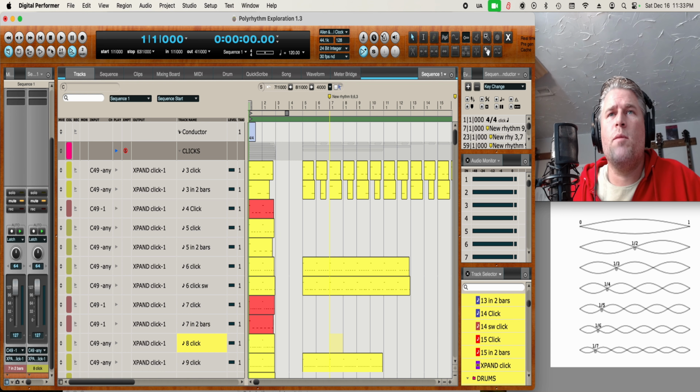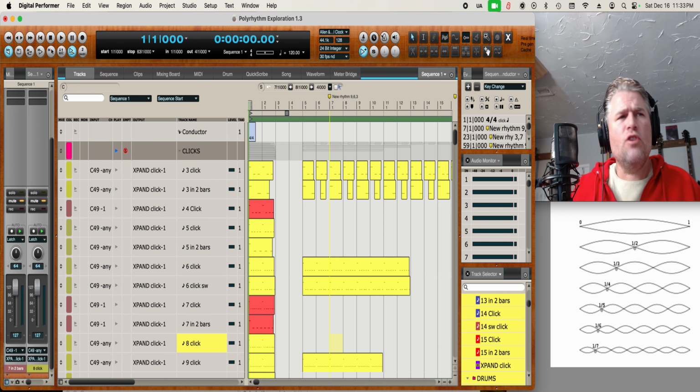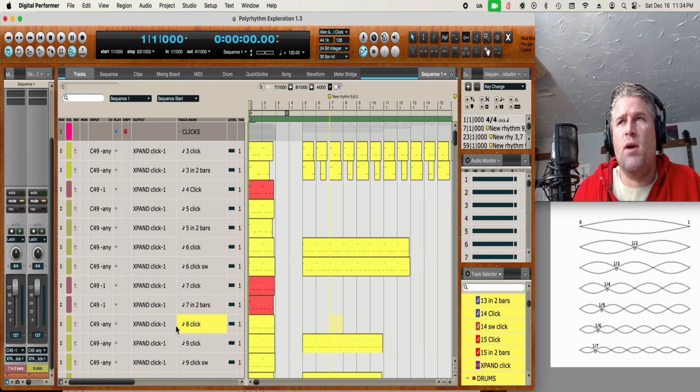I mean, take for example a triplet. If I'm playing in 4, 1, 2, 3, 4, then I want to do a quarter note triplet, trip, ba, la, trip, ba. So it's 3 in that time of 4, trip, ba, la. But let's say I was going to play a melody. Maybe I just play only triplets. A lot of times triplets get used as like doom, doom, 3, 4, 1, 2, 3, 4, trip, ba, la, then back to it, instead of just saying, I'm going to just stay in triplets. You could do whatever you want with incorporating triplets, but 3s and 4s generally are something that are used by